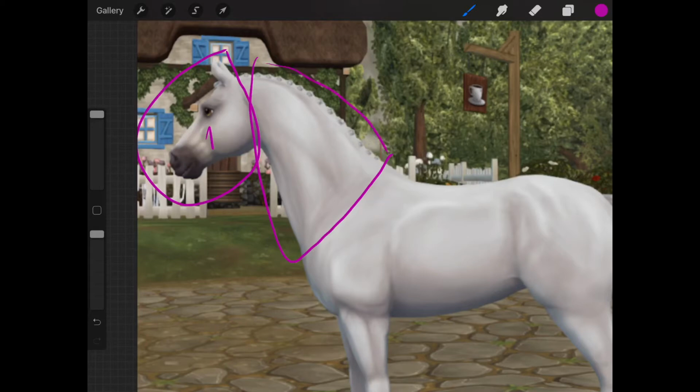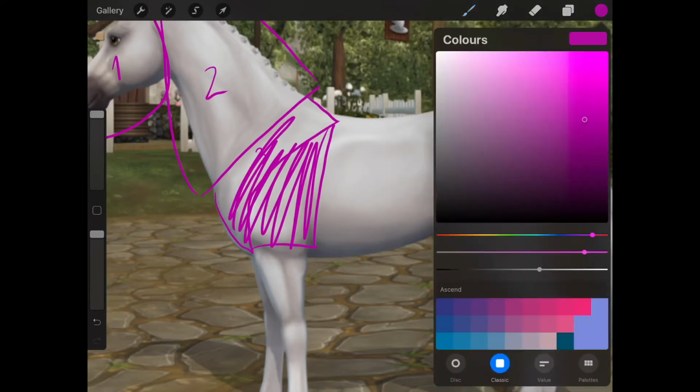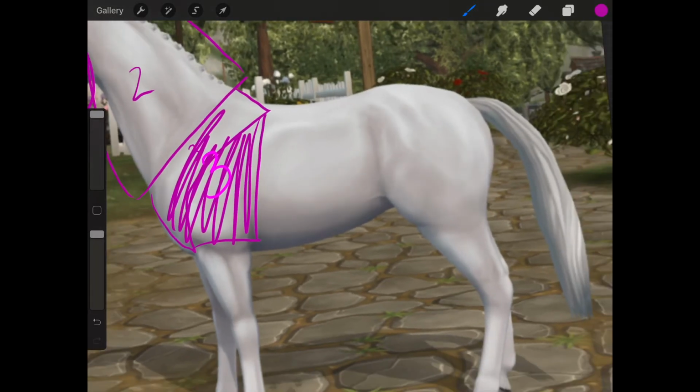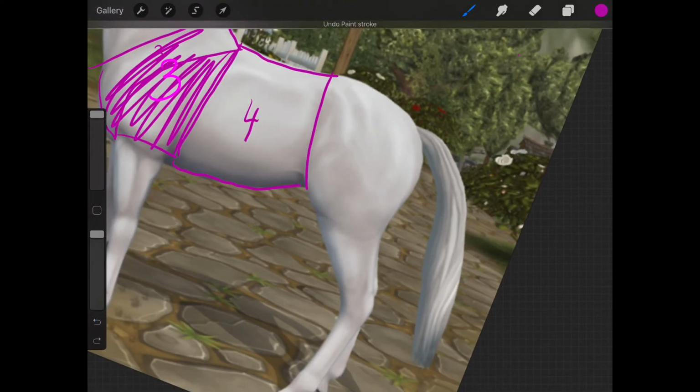Do you see that line? I usually follow the second piece. Star Stable does this highlight right here, so I usually follow this line. And I kind of go here. This is part 2. This is part 3, and this is part 3 as well. Then I go forward with part 4 and this line here. Let me just get that better. This is right here, this is part 4. Part 5, you see this line here? Part 5,